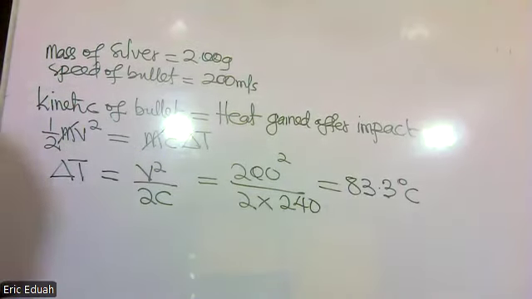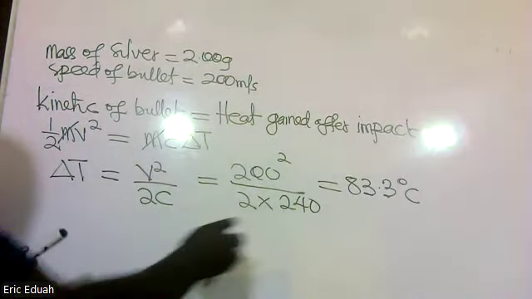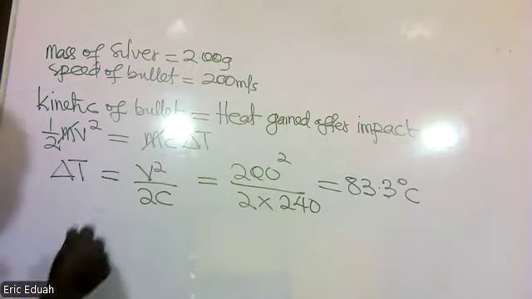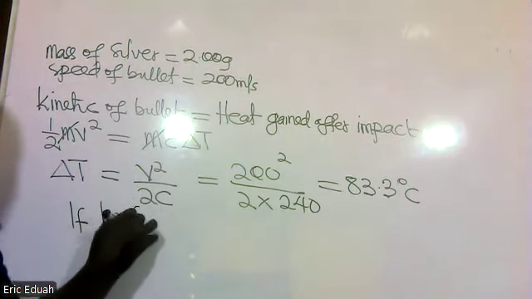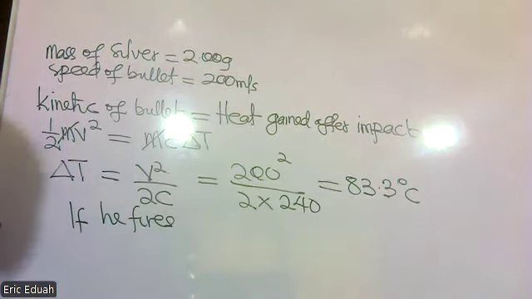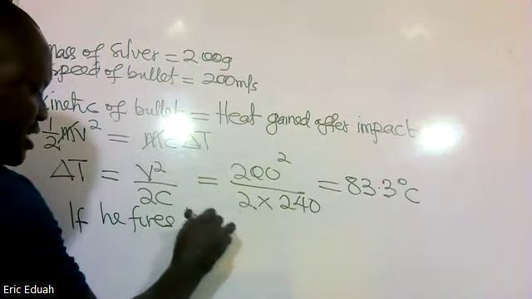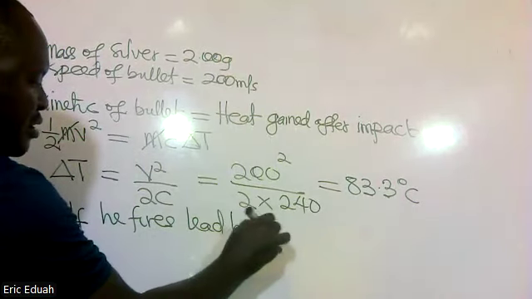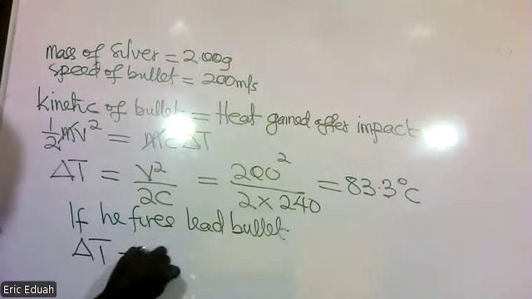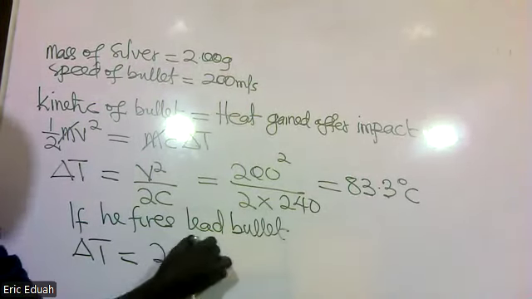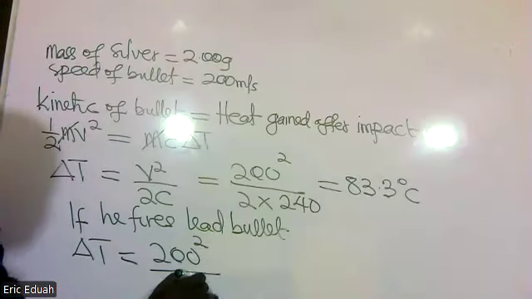So all that will change under this situation is the specific heat capacity. So if he fires lead bullets, we have the change in temperature being equal to 200 squared divided by 2 times